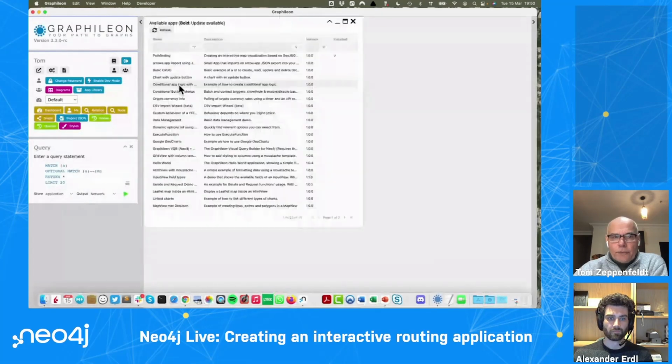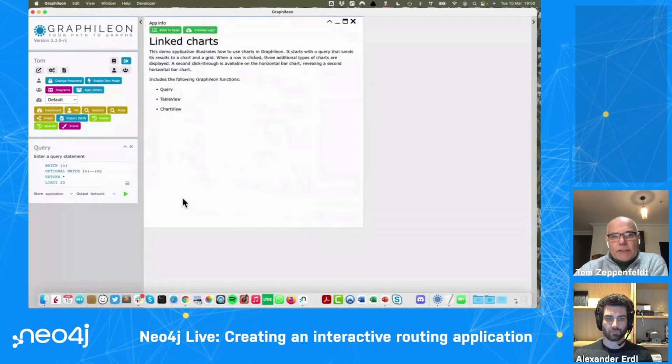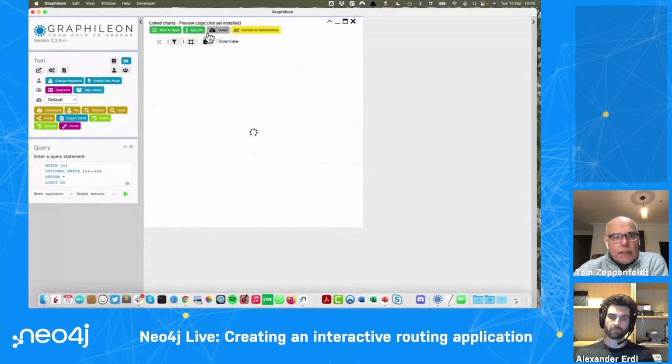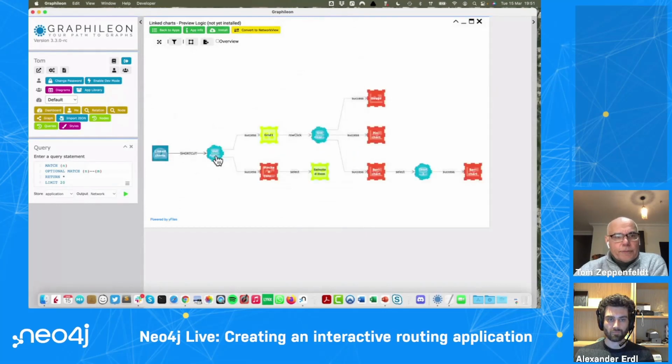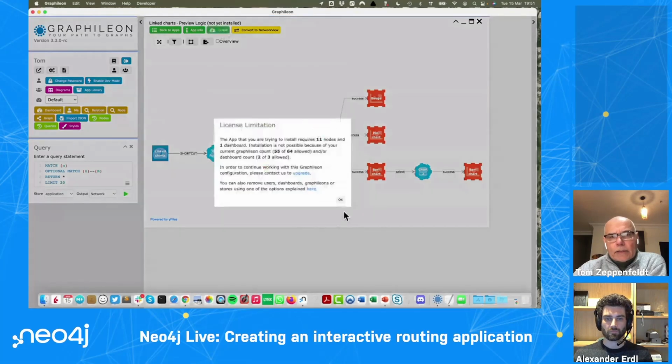There is a demo of linked charts. This demo illustrates how to link charts in Graphileon. You can also preview the logic. It displays the logic: you have a query that generates a grid, so a table and a chart. Then when I click on the grid, it fires another query, and then it produces 3 charts. Now, if I install this one, it will use the data from